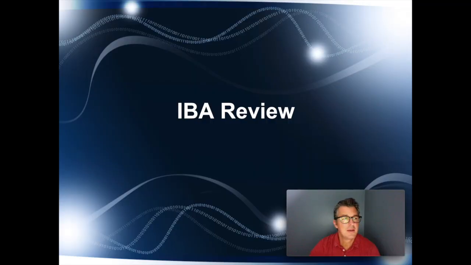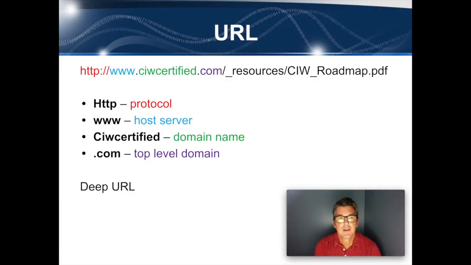All right, the IBA review. Let's start off with URLs. URL, you can see here at the top that it's the full HTTP and the www and the CIW, all these pieces. The Hypertext Transfer Protocol is what we're going to be using right here. This can also be like FTP. There's different things that it can be at the beginning of this URL, but for web pages we use Hypertext